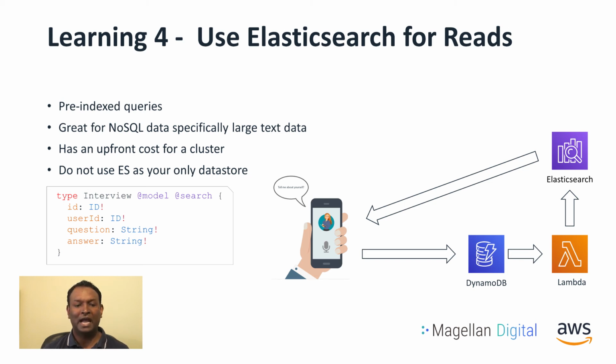The moment you add the @searchable keyword into your data model, the first one you add, it'll automatically provision an Elasticsearch cluster and do all the plumbing for you. You don't even have to log into the cluster. I suggest you log in and check out what indices it created. That was really important because we didn't have to worry about doing anything custom for that.